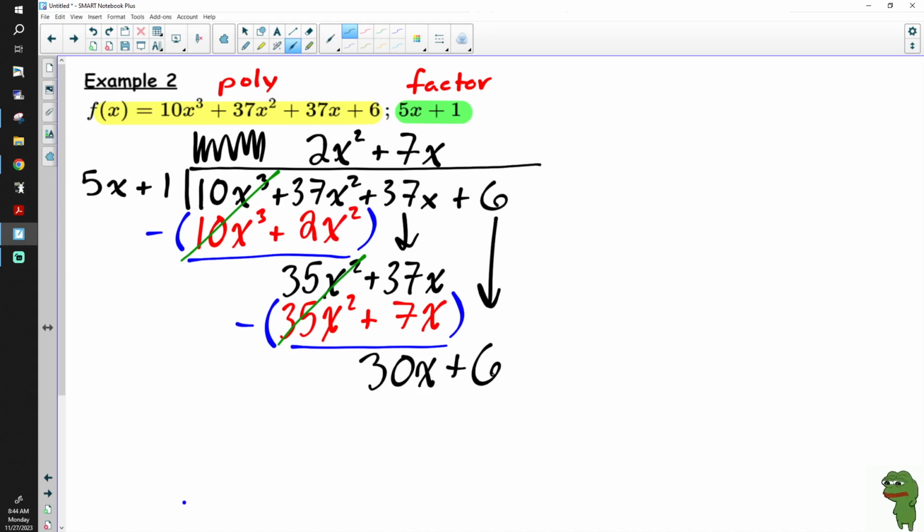What do I do to this 5 to turn it into a 30? You would multiply by 6. So put your plus 6, because it's a positive 6 we need. And distribute it one last time. 6 times 5 is 30. 6 times 1 is 6. Subtract, and we get